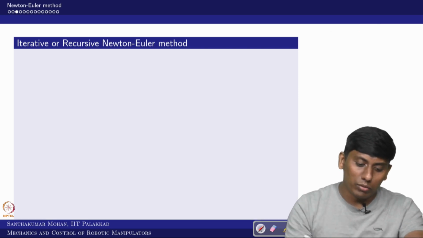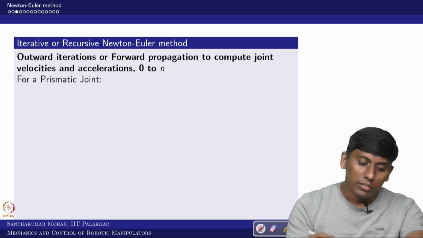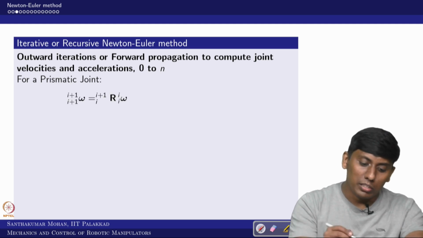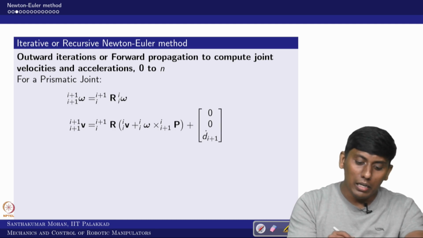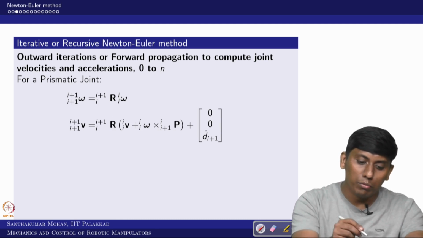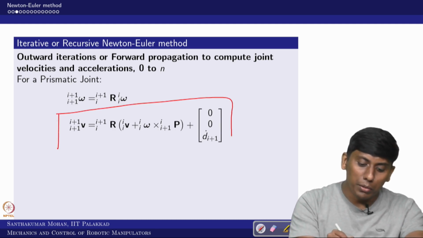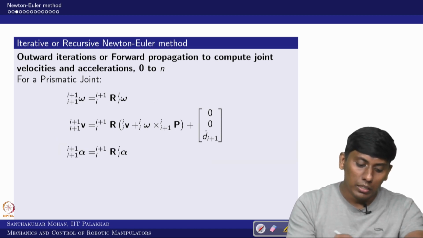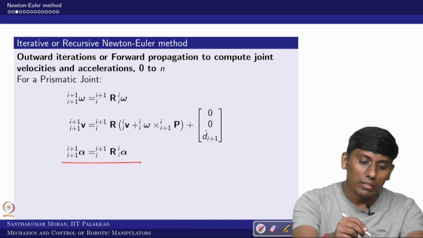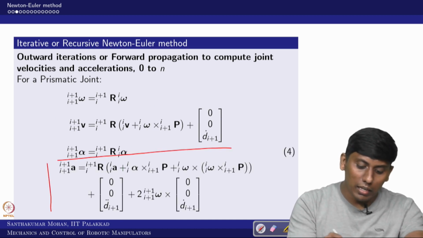So, that is what we are actually trying to show. The same thing I am writing for the prismatic joint. You can see for the prismatic joint, the angular velocity is very simple. Similarly, the angular acceleration would also be simple, but the velocity component you can recall, because this would be useful further on. Okay. So, this is the angular acceleration part and this is the linear acceleration part.